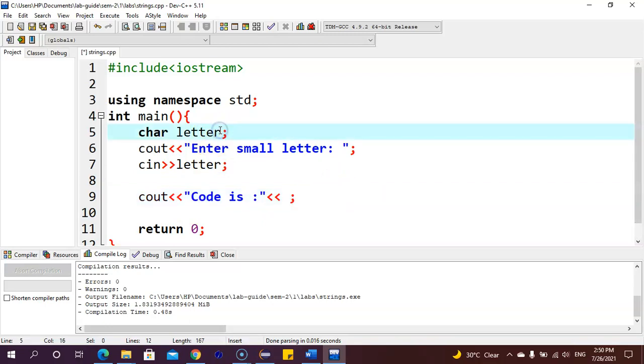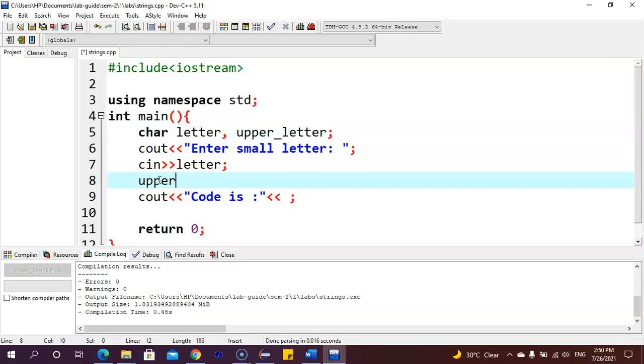But let me just have it as a separate one. So you just say upper letter, and here you can have your upper letter equals, then you have your letter minus 32,